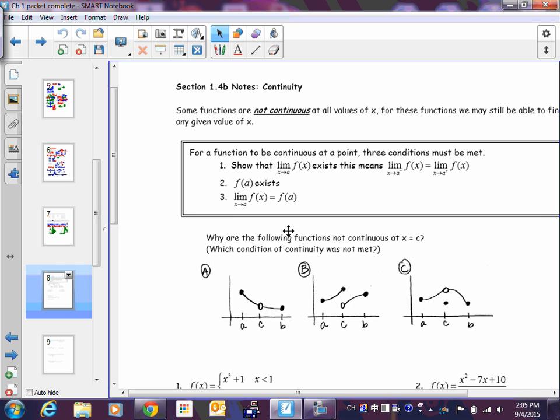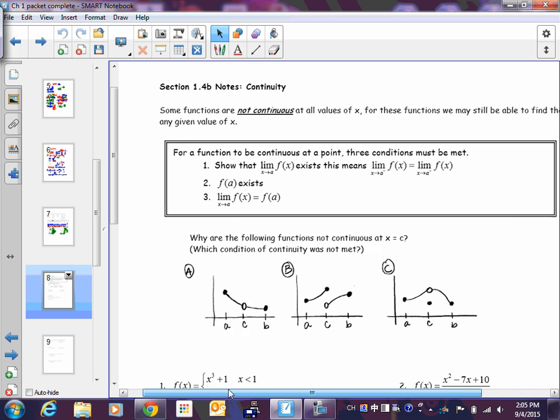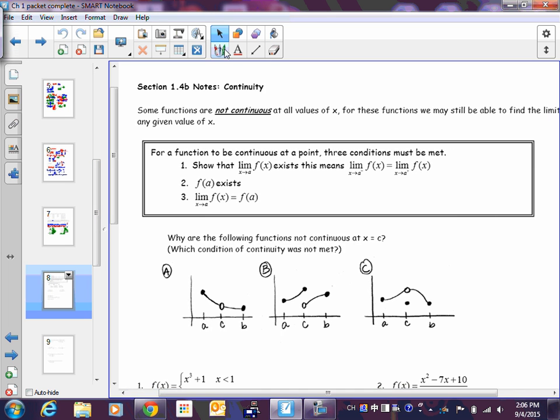So before today, when we were talking about continuity, we were really just talking about being able to trace a graph. Just real quick, looking down at this A, B, and C, if you were to trace these, you would have to pick up your pen or pencil. Okay, that is not a good enough explanation. We are never going to write that down. AP graders are not going to like that, and neither am I. But it's a way to help you understand, just real basic right off the bat,